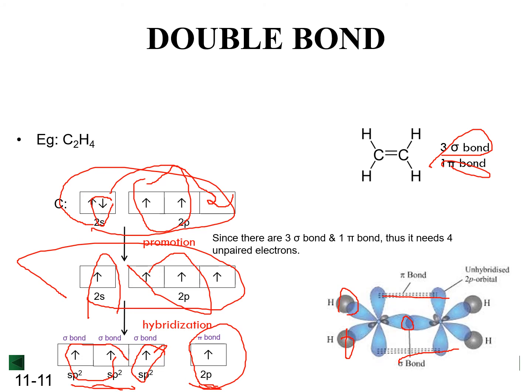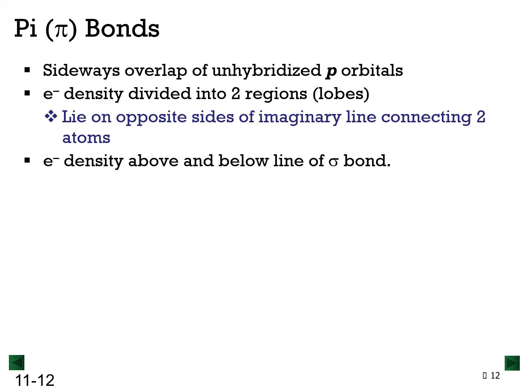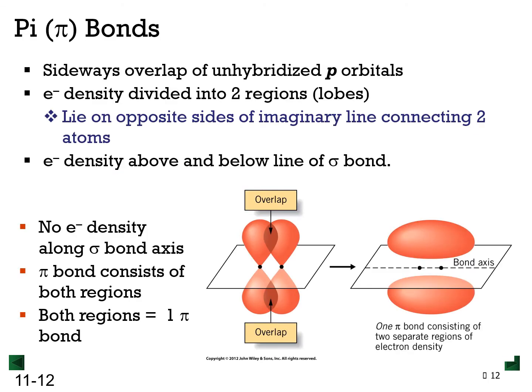bond. Okay, the sideways overlap of unhybridized p orbitals will result in electron density divided into two regions, above and below the line of the sigma bond. No electron density along the sigma bond axis, and one pi bond consists of two separate regions of electron density above and below